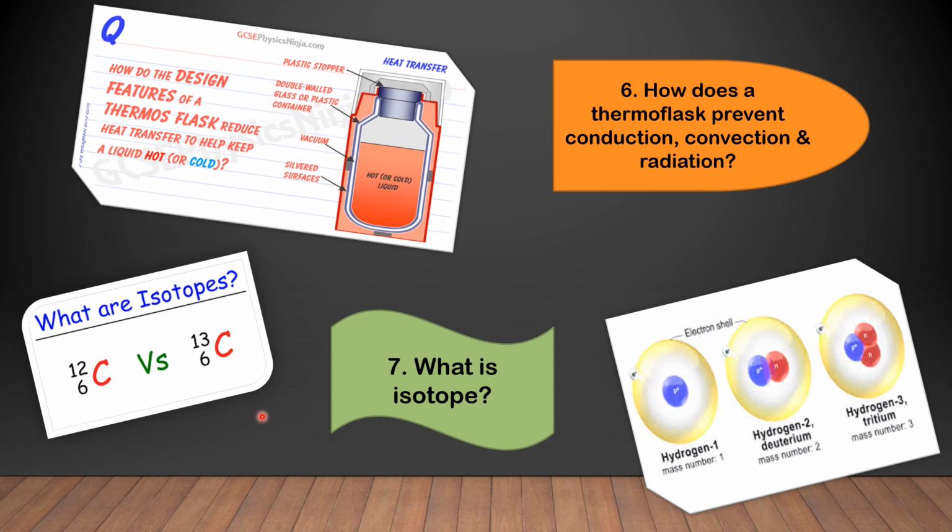Now tell me, what is the atomic number of an element? So atomic number is equal to the number of electrons or number of protons in an element. And mass number is equal to number of neutrons plus number of protons within an element. Now 12 minus 6, because 6 is the number of electrons, that means 6 is the number of protons also. So 12 minus 6, number of neutrons is 6 over here. But here 13 minus 6, that is 7. So it differs. That's why they are called isotopes. Same thing happens in case of hydrogen also.